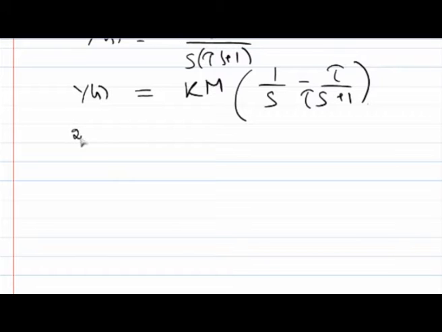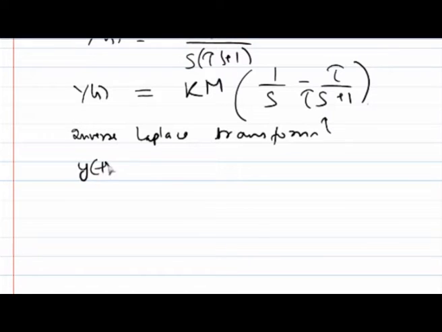Now if I take the inverse Laplace transform of the above equation, I would have a representation of the time domain signal equivalent to KM times 1 minus